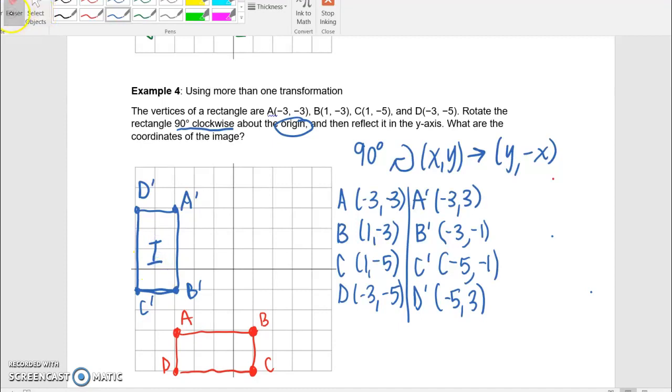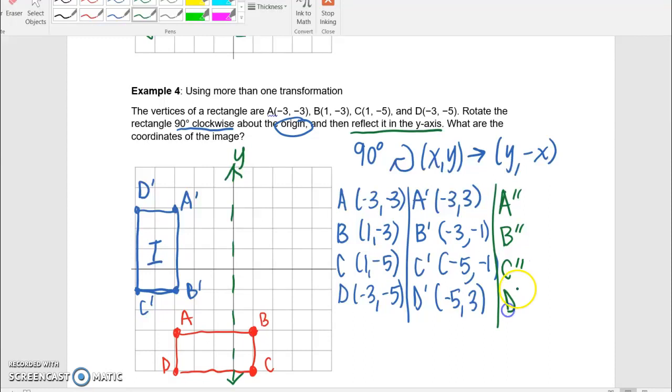Now, what you guys are going to do, since you haven't had many on your own, is the second transformation. You're going to reflect it in the y-axis. So let's just remind ourselves that our y-axis is here. That's our reflection line. And you're going to finish this by figuring out where A prime prime would be, where B prime prime would be, C prime prime, and D prime prime. So you're going to take the figure in blue and flip it over that y-axis. And remember when you flip